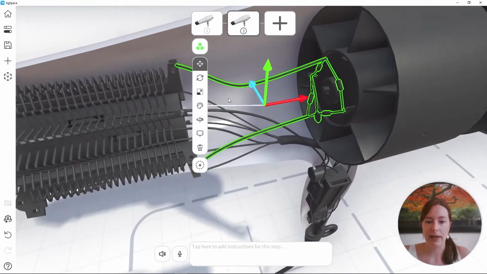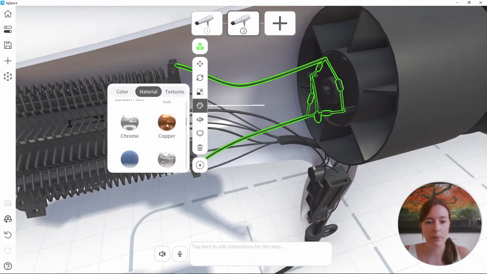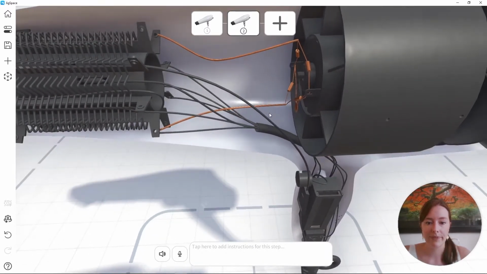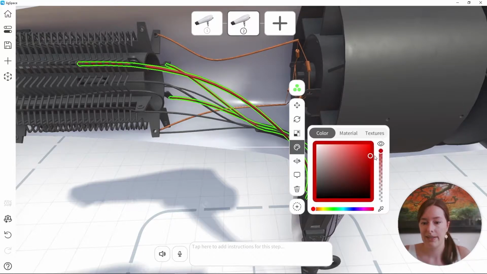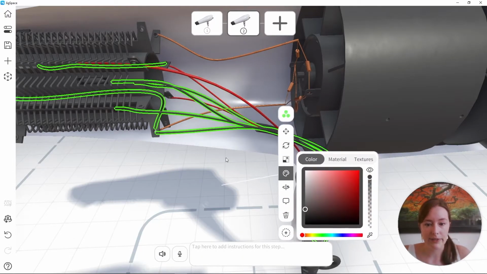So for these bits of wire, I want them to be a warm copper colour. Just to distinguish between the two different types of wires, I'm giving them a red and a blue.